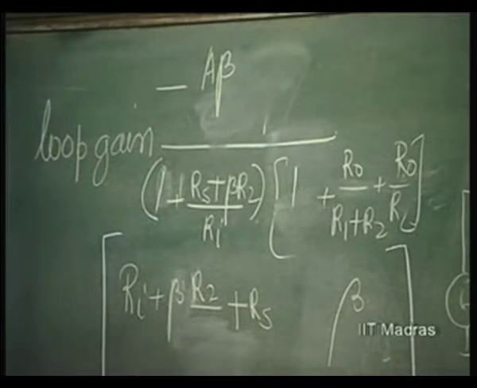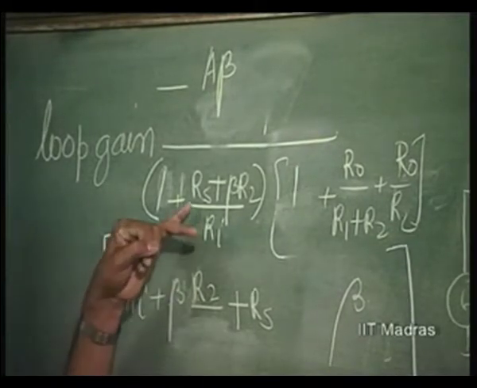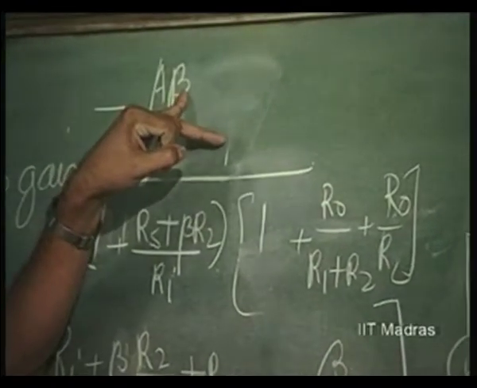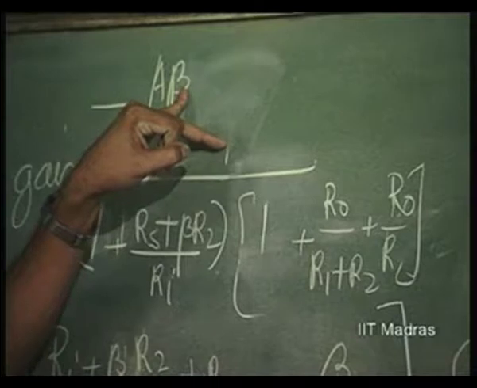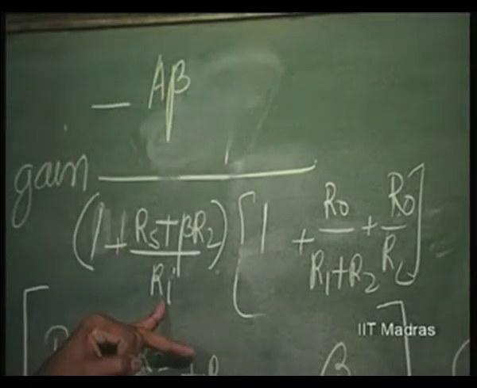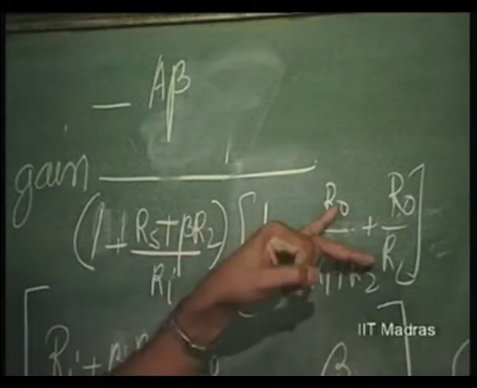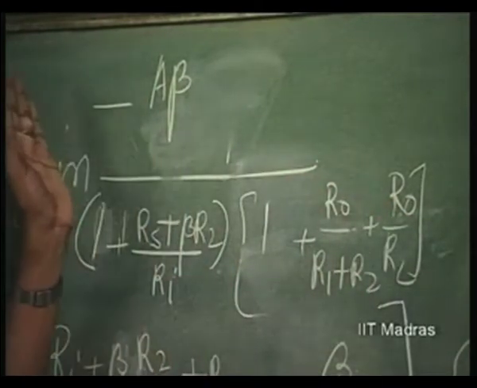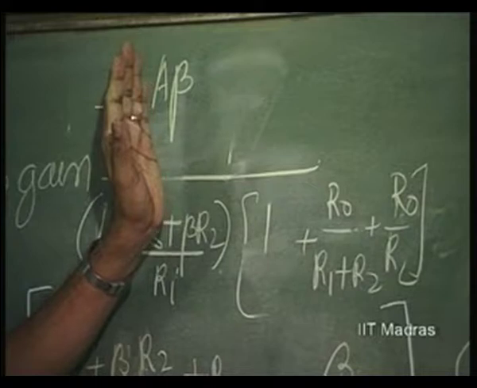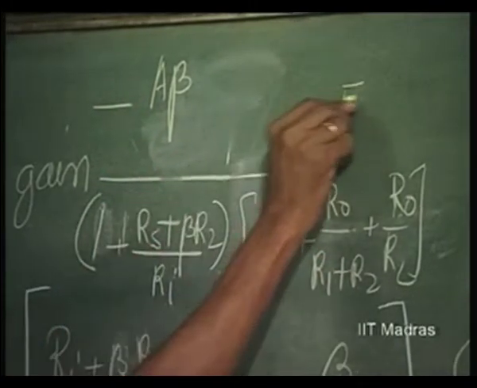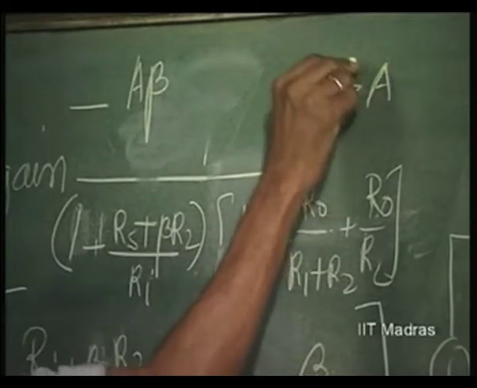So, you can see that it is the normal loop gain minus A beta. Under the situation Ri is infinity and R naught 0, you can put Ri equal to infinity here, this will go to 0, R naught 0, this will go. So, it is minus A beta. Under the situation Ri equal to infinity and R naught equal to 0, the loop gain is equal to minus A beta